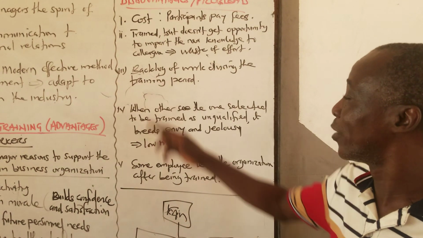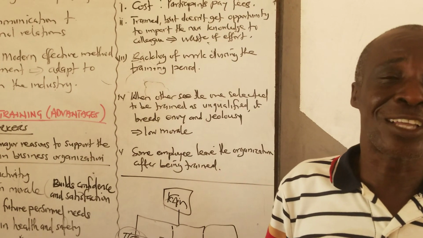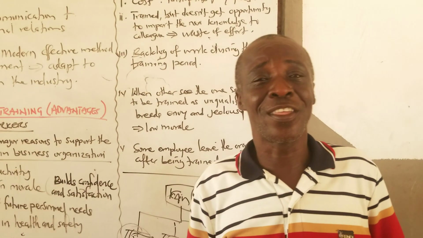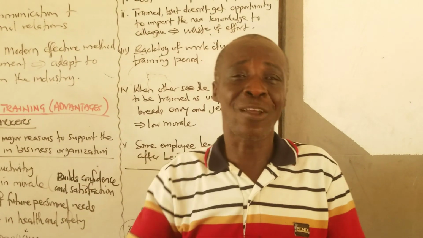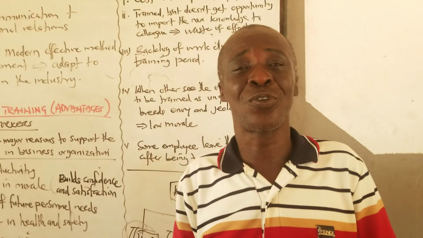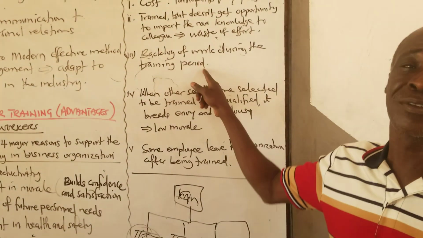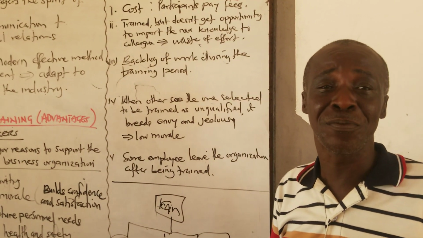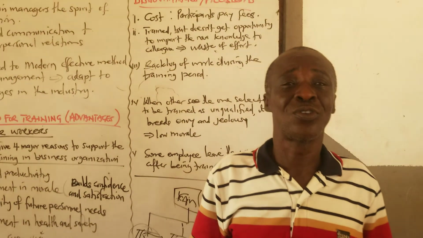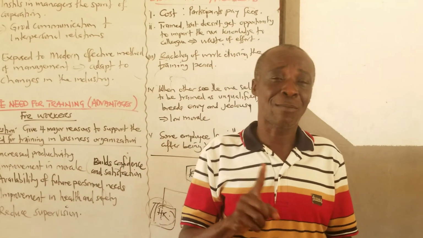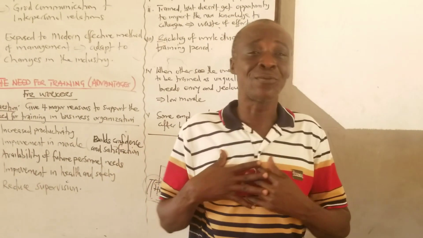The last but one here is very simple. Assuming I'm the accountant or whoever I am, then I leave the organization, I go for training elsewhere, especially off the job. What do you think is going to happen? There will be a backlog of work during the training period. What does that mean? The work that I'm supposed to do, who is going to do that work? That's number one. So we assume you did not employ somebody to do it. That means that work will be there waiting for me.